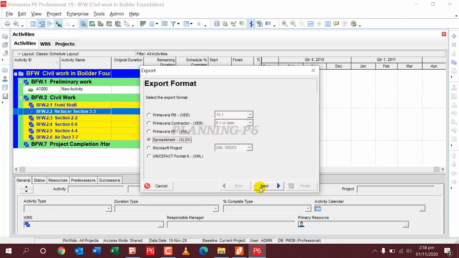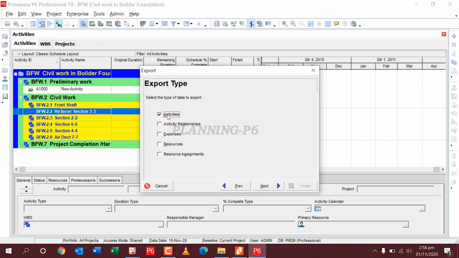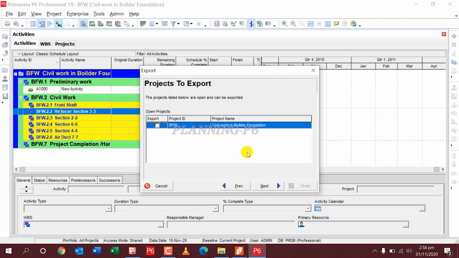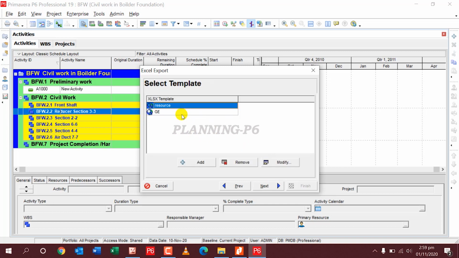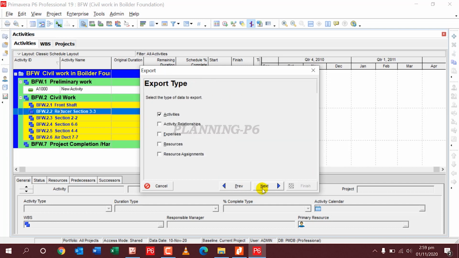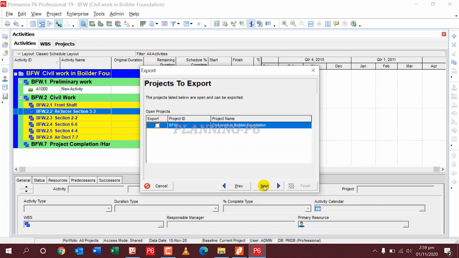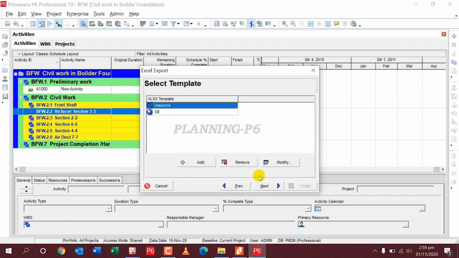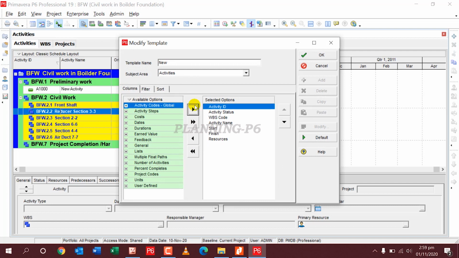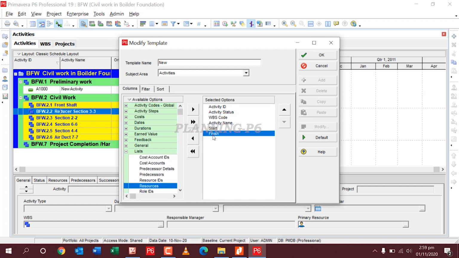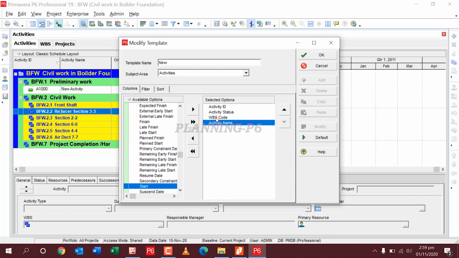activities only. The next one I will export this one. Next here I will add one here, new. In this one I will remove WBS. Resources I will remove, start and finish, and also I will remove WBS code, no problem here.